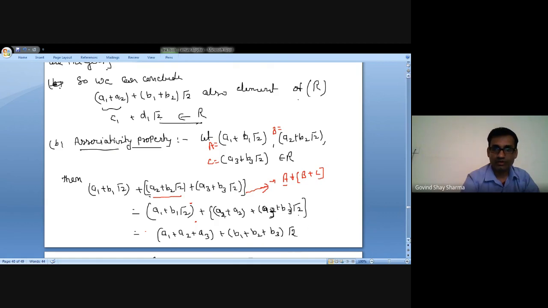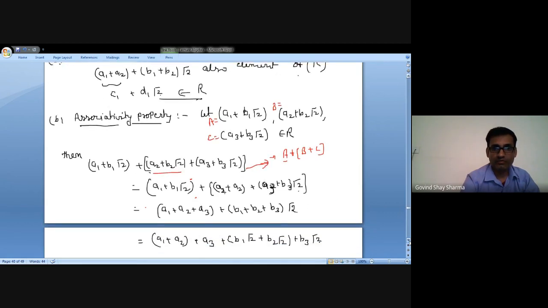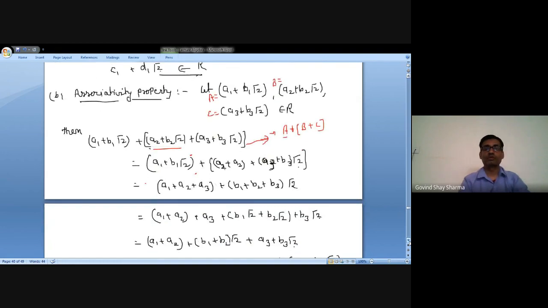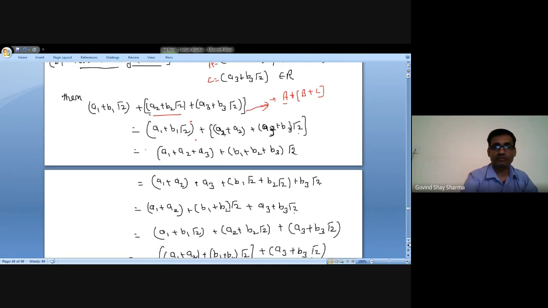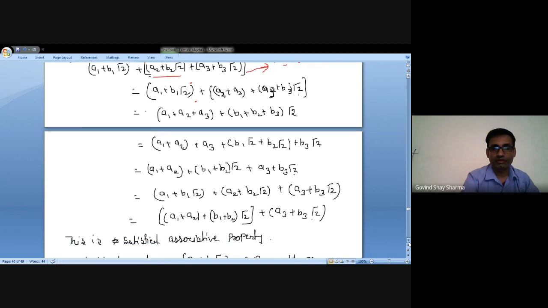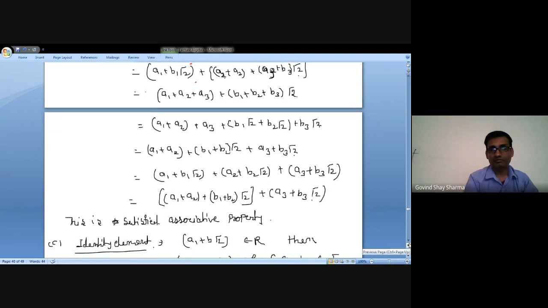So we find a1 plus b1 root 2 plus a2 plus... when we add, a1 plus a2 plus a3 plus b3 root 2. So it converts to a1 plus a2 plus a3 and b1 plus b2 plus b3 root 2. By solving this, we find that it can be written as